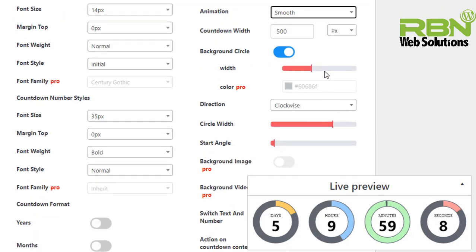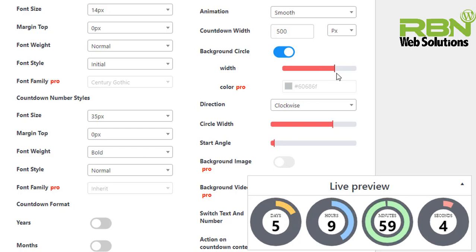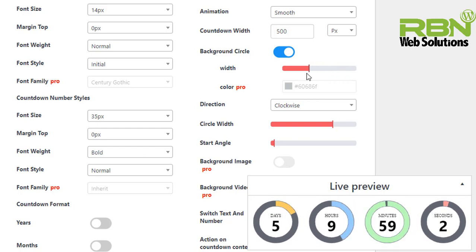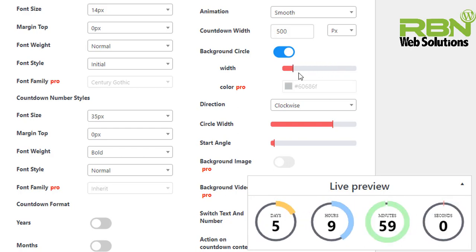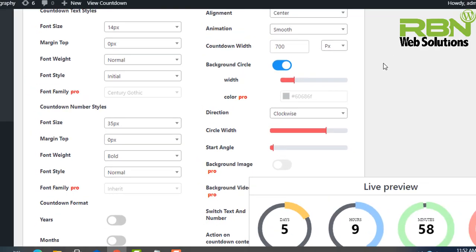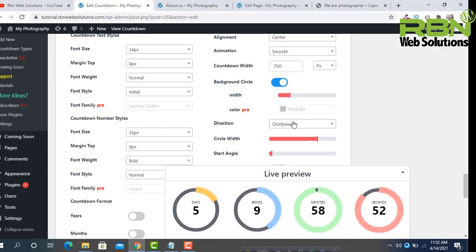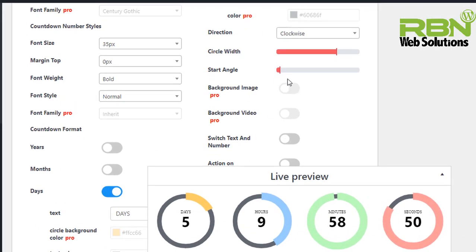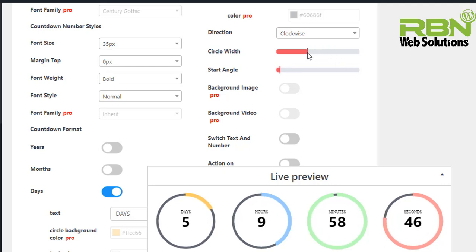And background circle width, if you want to increase, you can increase, and if you want to decrease, you can decrease also. And countdown width, you can increase or decrease. You can customize actually everything. And circle width, you can decrease more or increase.